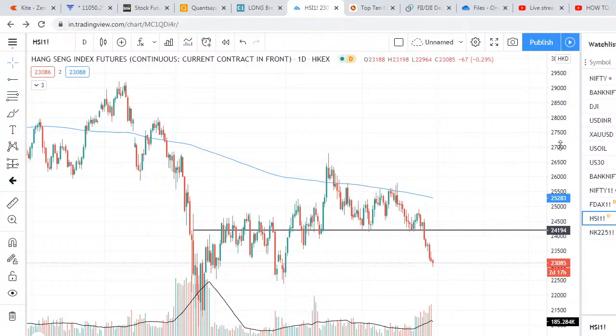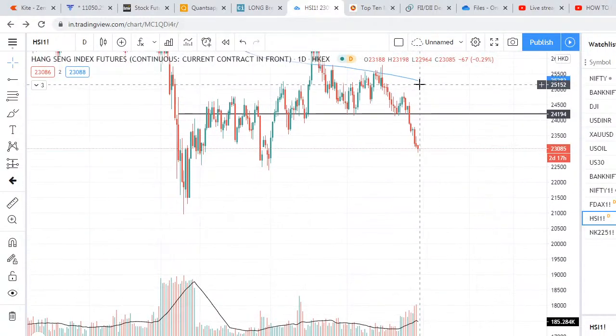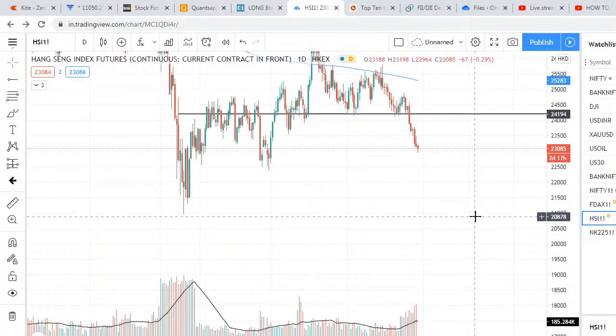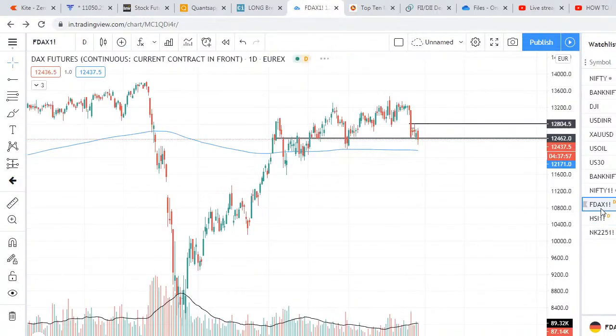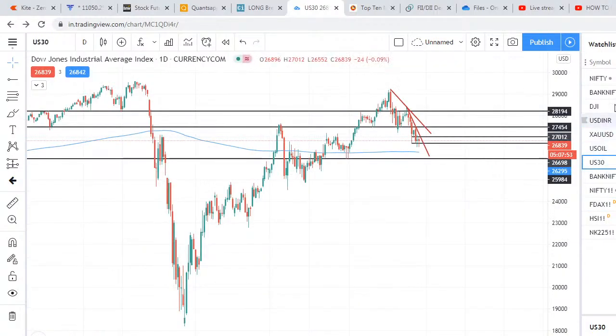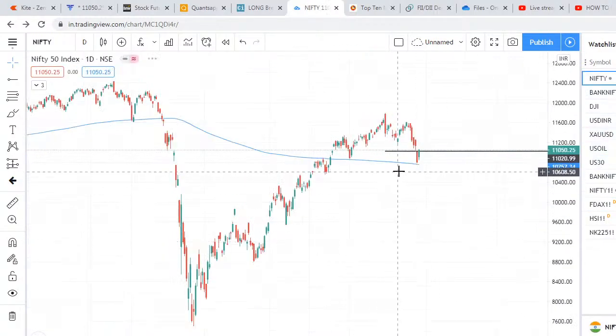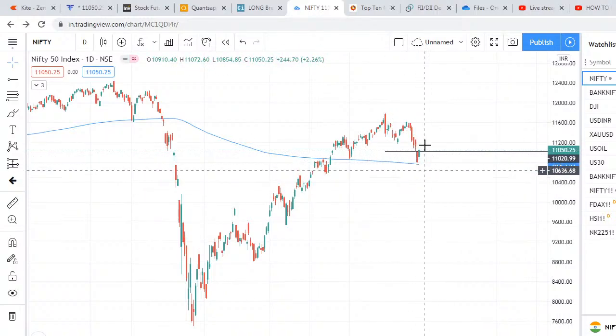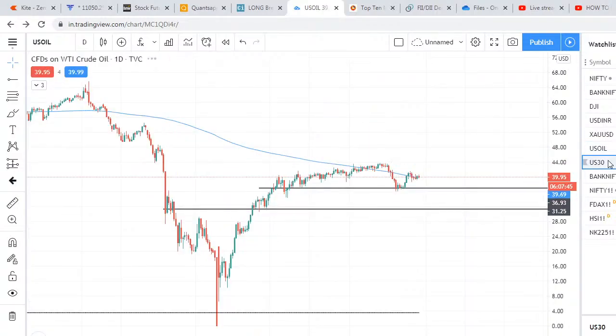Same goes for the China market, which has been well below the 200-day moving average since August, because China had other issues with Hong Kong and has different fundamental issues. But if we talk about only DAX, Dow Jones and the Nifty, all three of them are taking support from the 200-day moving average. Okay, and right now, if we talk about very right now,